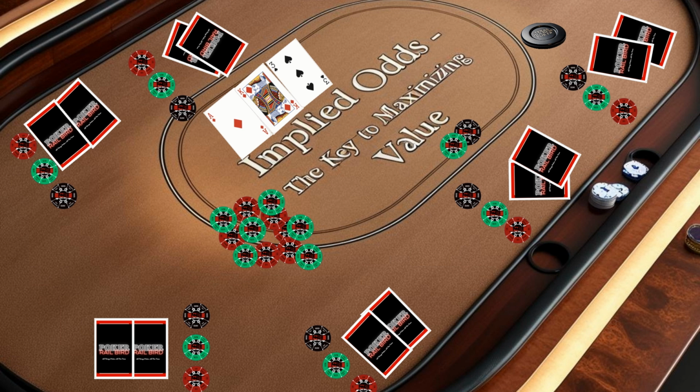In this video, we're building on those concepts to take your game to the next level. Implied odds aren't just about calculating what's in the pot now, they're about predicting the future value of your hand and how much you can win on later betting rounds. This knowledge will help you make better decisions, especially in situations where immediate pot odds alone don't tell the whole